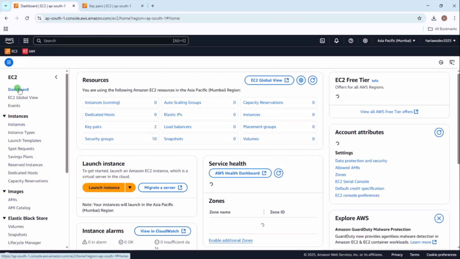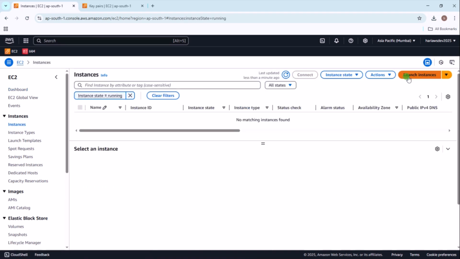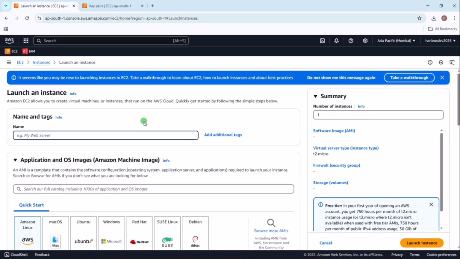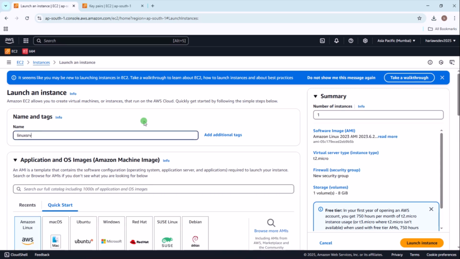Now we go to the AWS console and try to launch one instance. We already created a key pair, and we go to the launch section and need to launch one instance. That is the Ubuntu machine I'm trying to launch. Here I typed the name, linux srv,